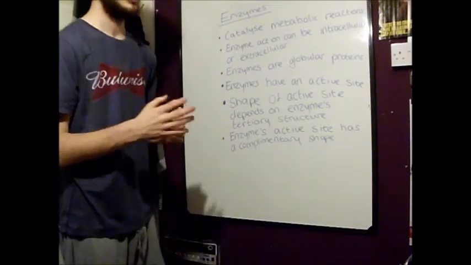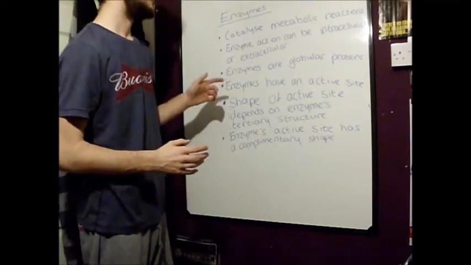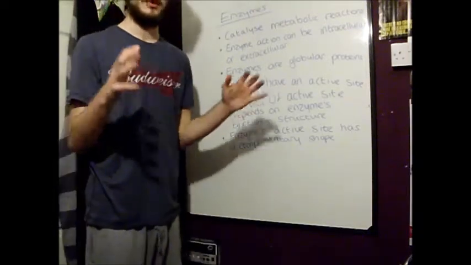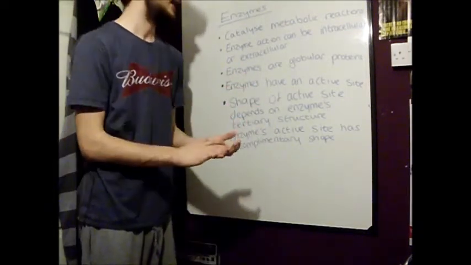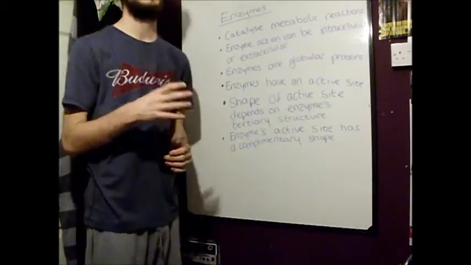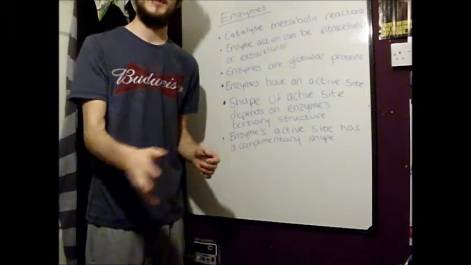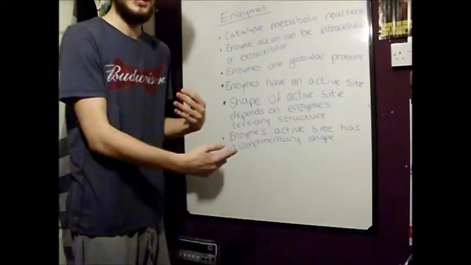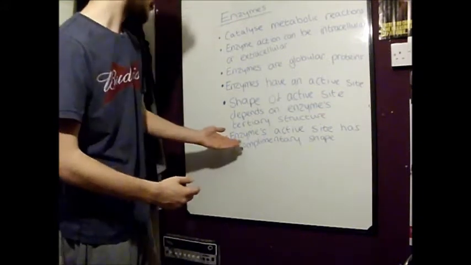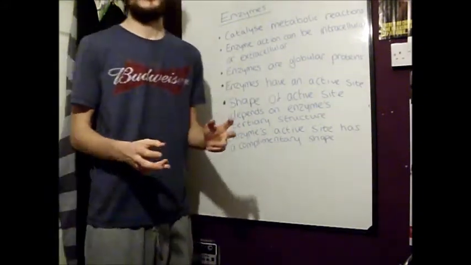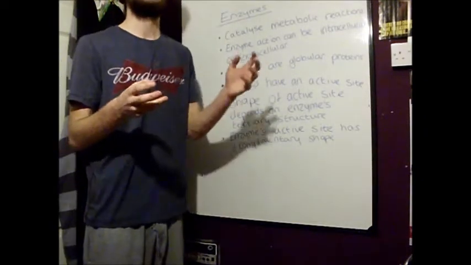Enzymes are globular proteins. Enzymes have an active site, and this is where the substrates of the reaction can bind to, and the shape of the active site depends on the enzyme's tertiary structure. So if you look at my other videos about the structure of proteins, you can start to understand this a bit more. An enzyme's active site has a complementary shape, so the substrate and the enzyme have to fit